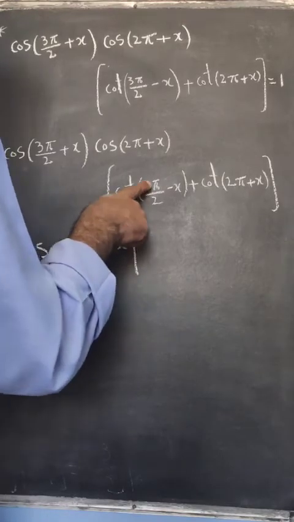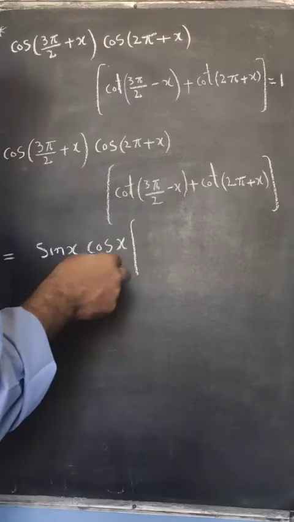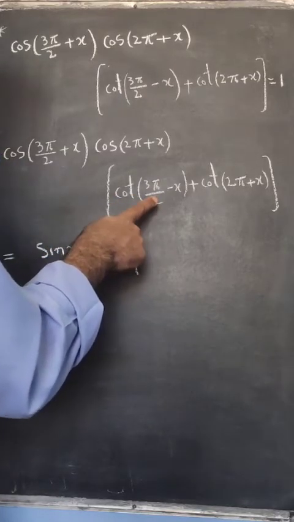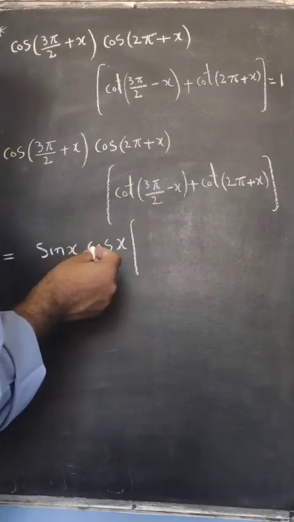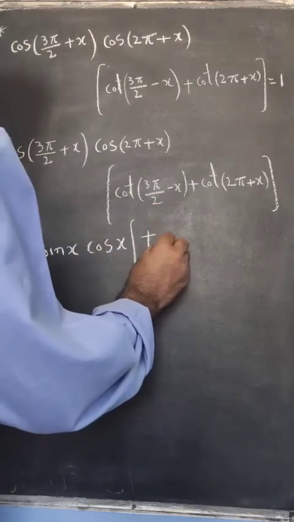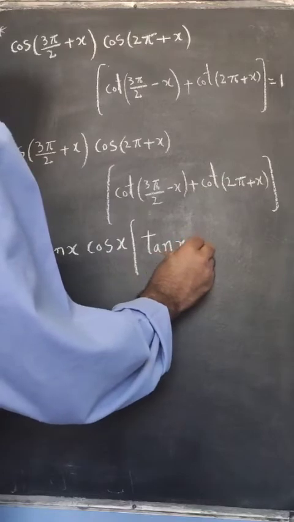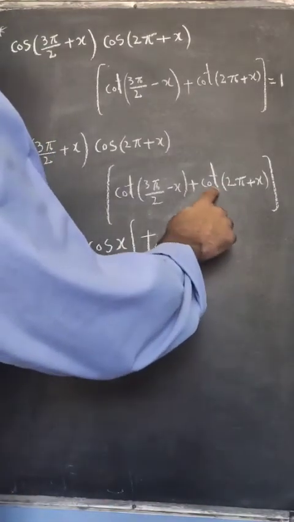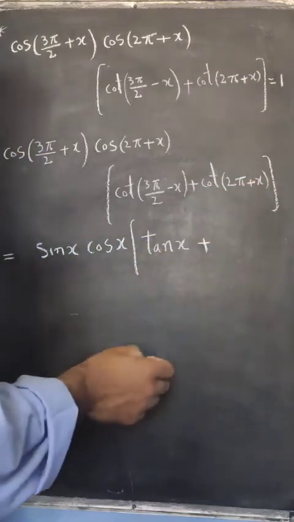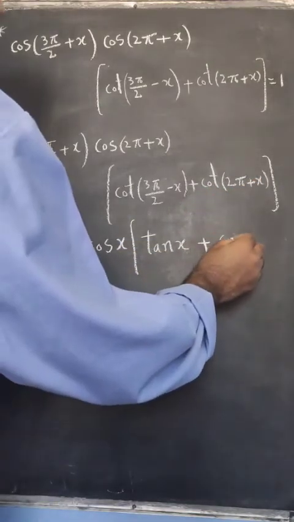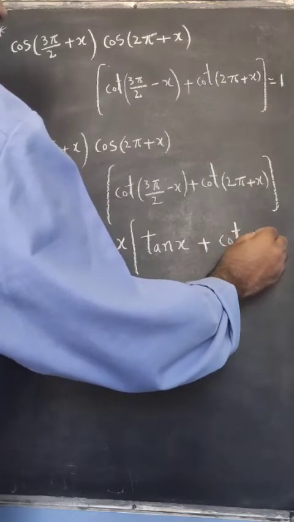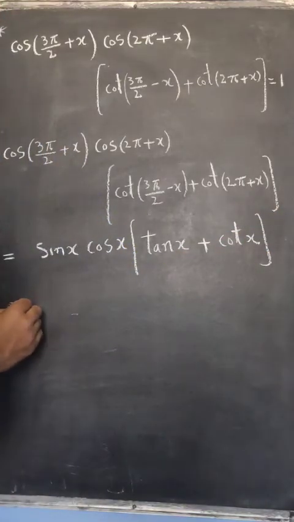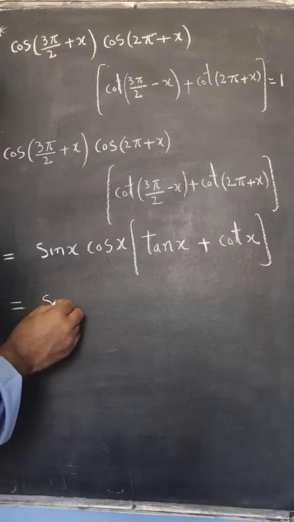Here cotangent of 3 pi by 2 minus x is in the third quadrant, and in the third quadrant cotangent is positive, so we can write tangent of x plus cotangent of x. Cotangent of 2 pi plus x is equal to cotangent of x,